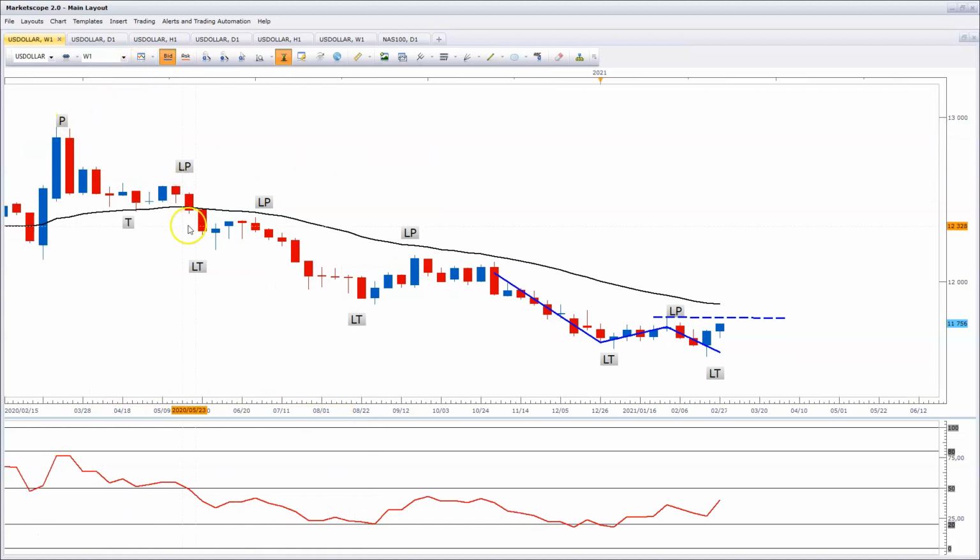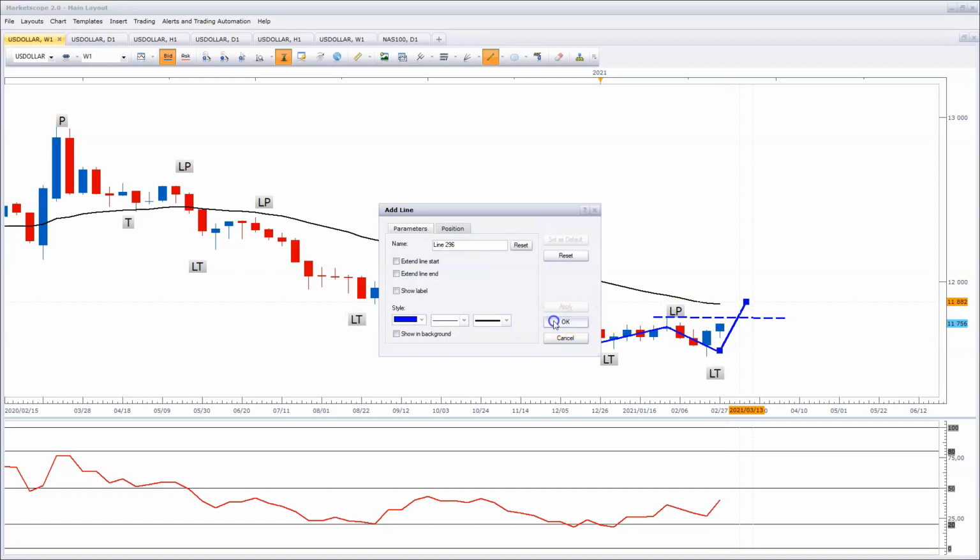And you can see that we've got the lower peak followed by a lower trough. We've got a series of lower peaks followed by lower troughs. That's the definition of a downtrend, but you can see that the US dollar is starting to move up towards this horizontal dashed line. And if we move above that blue horizontal dashed line,